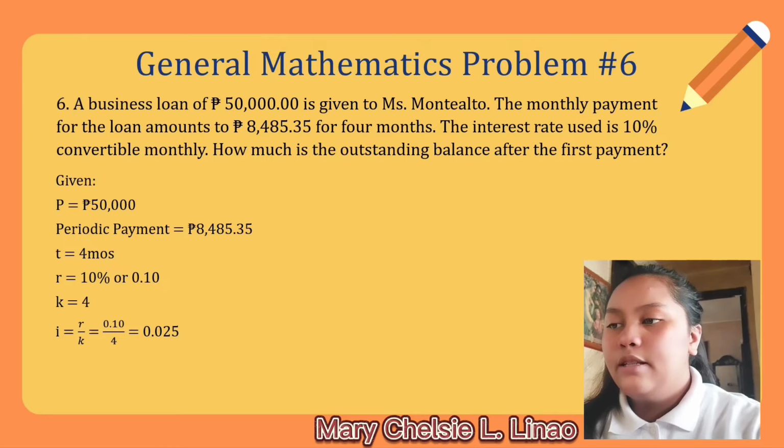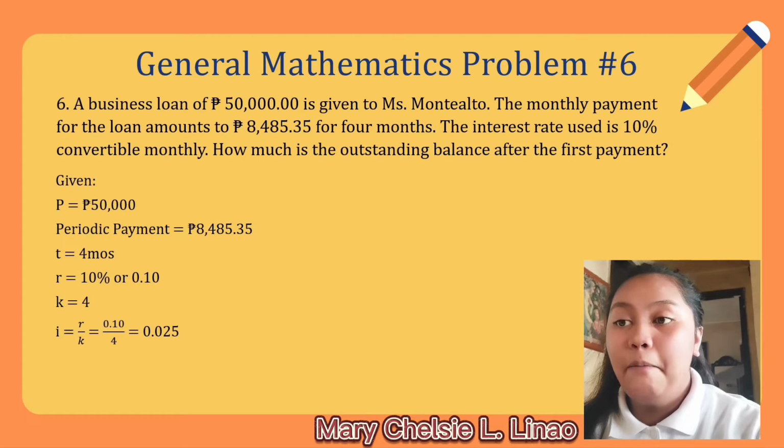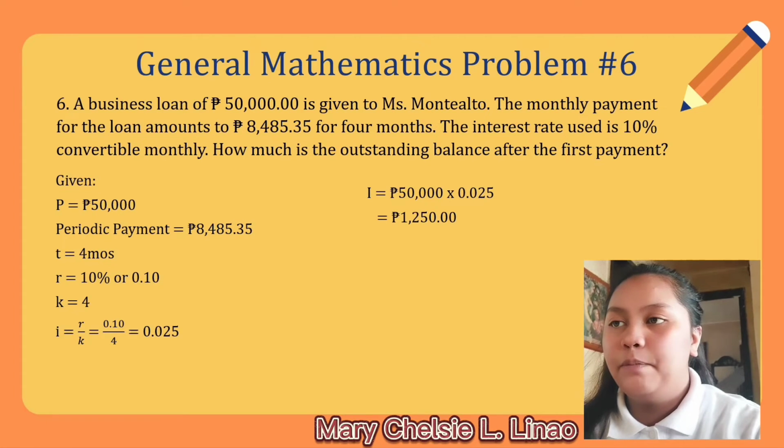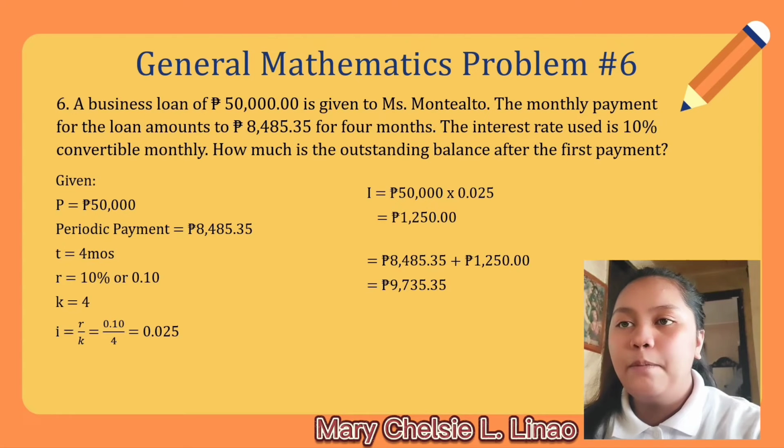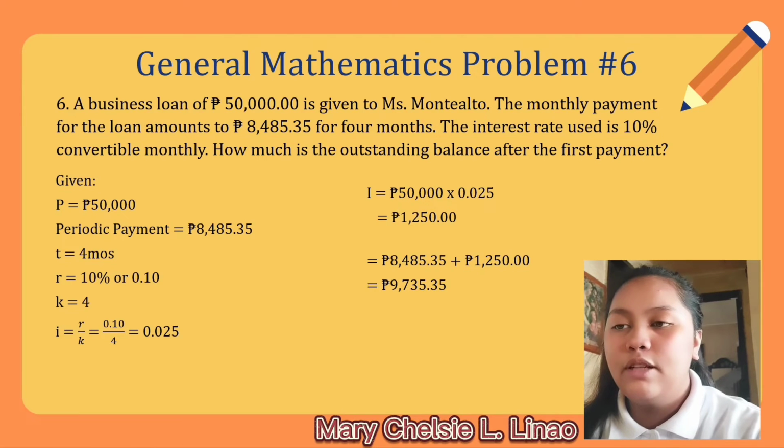So all we need to do is divide 0.10 by 4, and the answer would be 0.025. To find the interest amount, simply we need to multiply 50,000 pesos by our interest rate, which is 0.025. So the answer would be 1,250 pesos. To find the total payment amount that Ms. Monte Alto should pay for her loan, simply we need to add the periodic payment amount, which is 8,485.35, to our interest amount. So the answer would be